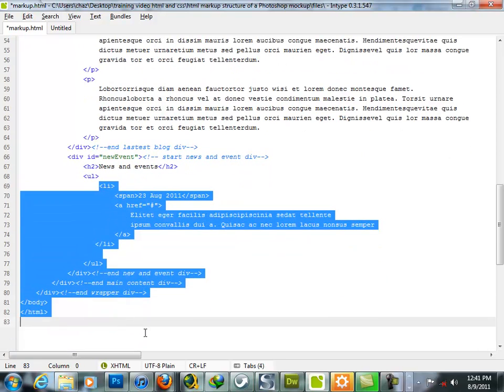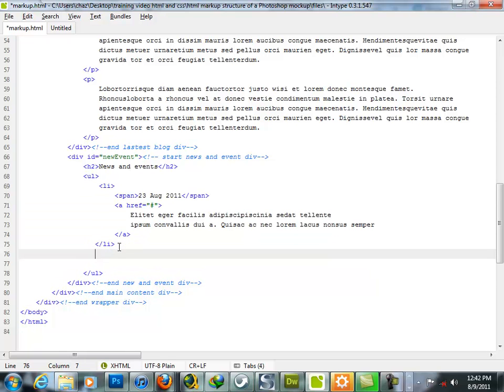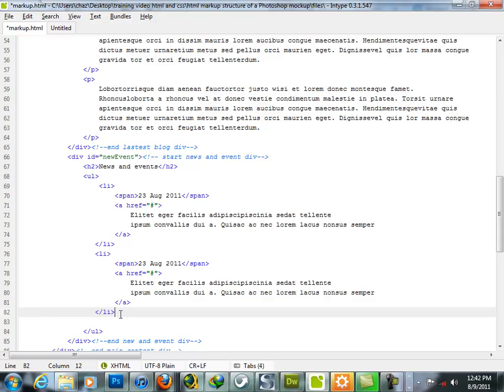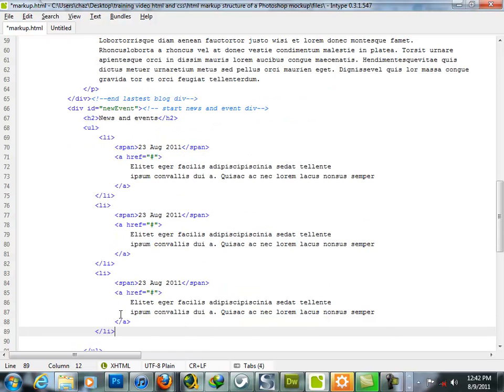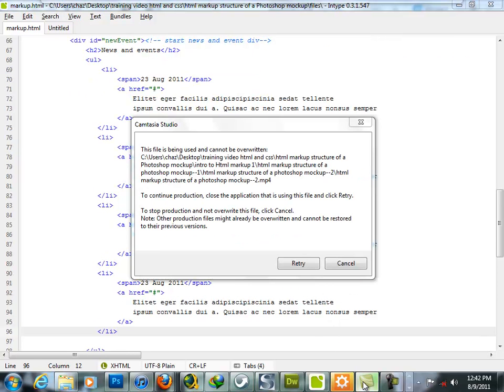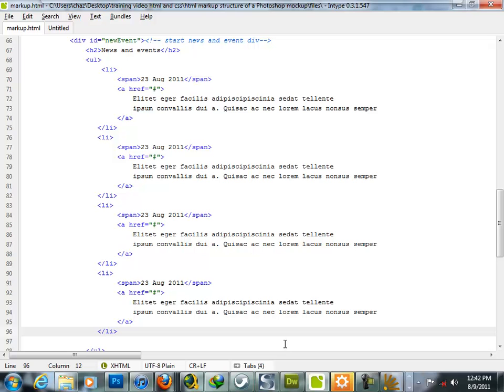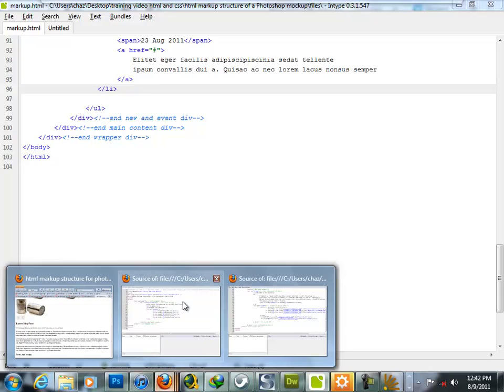Then what we're going to do is this. We're just going to replicate this. Copy, come here, hit return, Ctrl V. Hit return, Ctrl V. Hit return, Ctrl V. And you save. That's it. Go to Dreamweaver, preview our page,